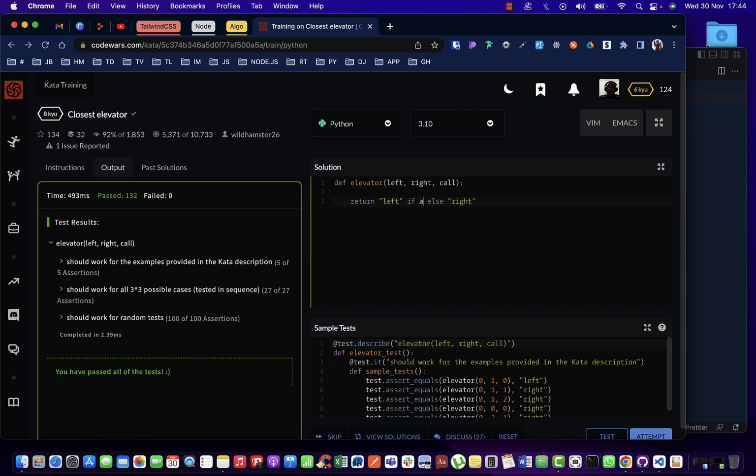So we'll just say absolute. So here absolute is detached from the math, so you don't need to import the math module. So absolute, then we are going to say the call minus the left is lower than absolute of the call minus the right. So that way, else, right? So this should pass basically. So we can